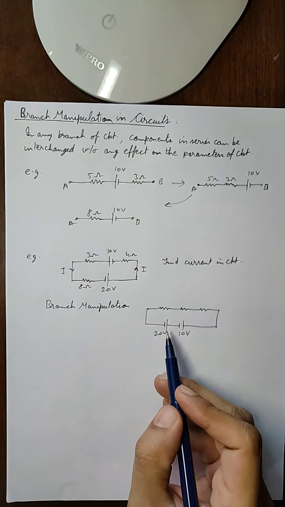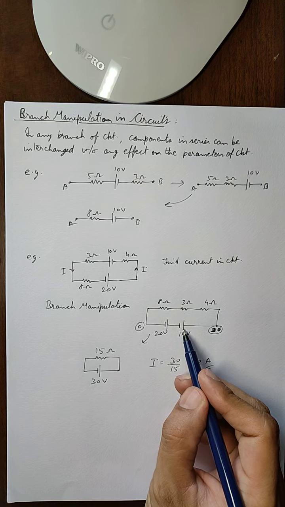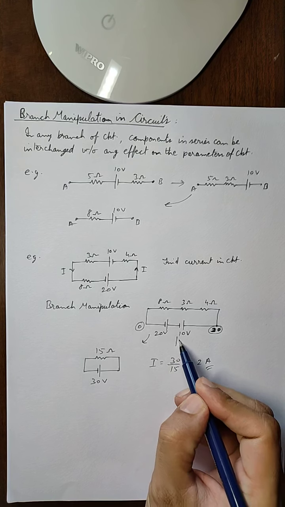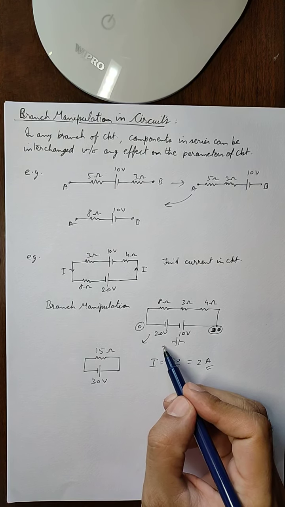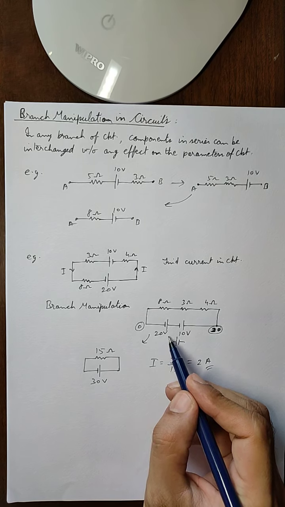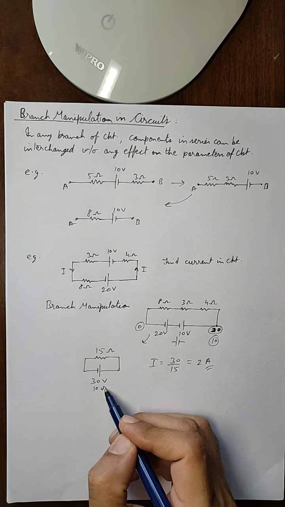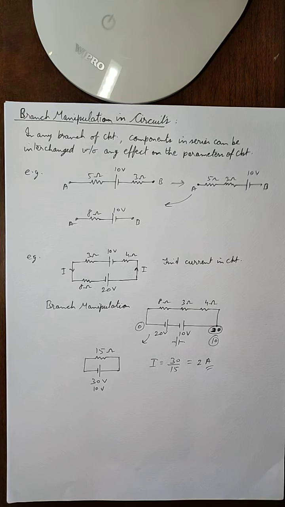So it becomes much easier, and if we manipulate, we do not need to form the equations, and we can easily find the equivalent EMF of the batteries. Suppose this 10 volt battery had the opposite polarity, if the 10 volt battery was connected like this with the 20 volt battery, then the total EMF would have been 20 minus 10. So here it would have been 10 and 0, and the battery here would be equal to 10 volt. So this way we can manipulate the branches and make the circuits easier to solve in much less time.